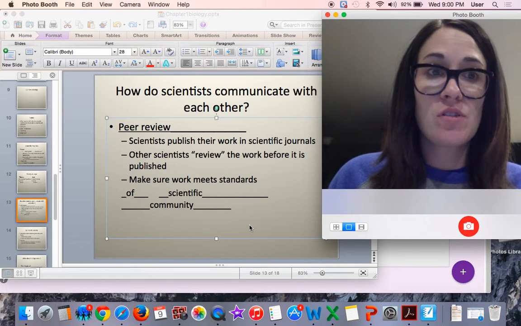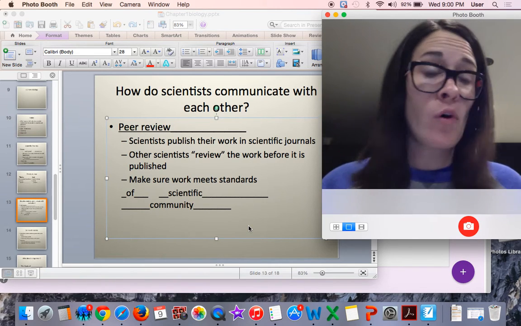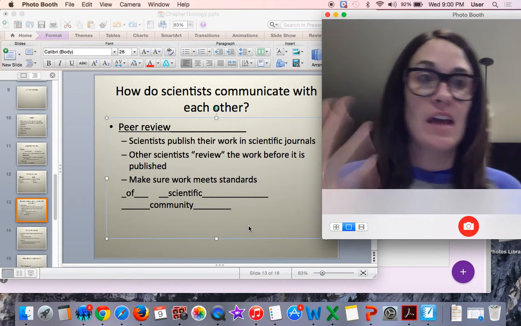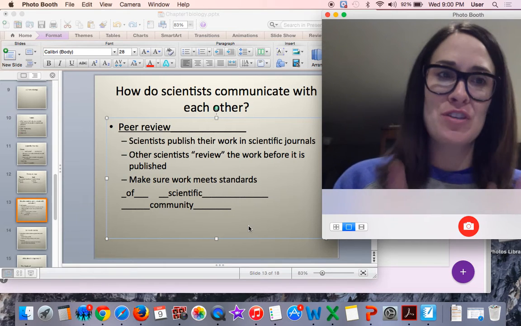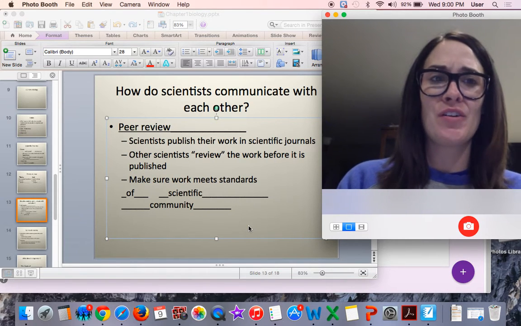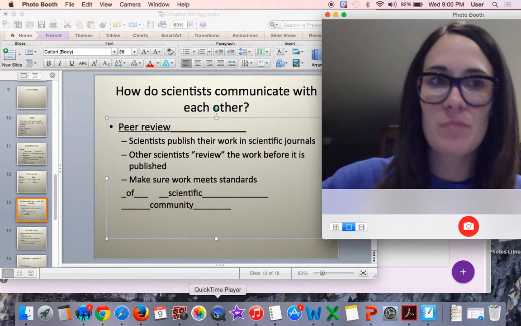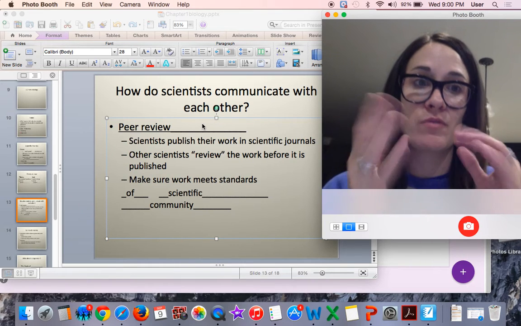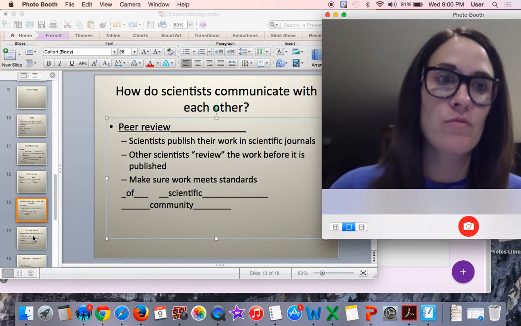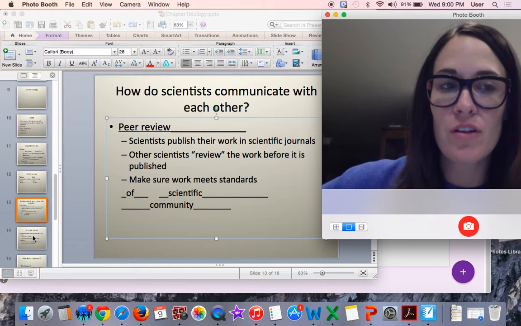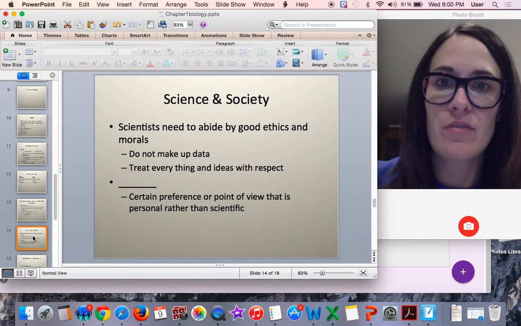So a scientist doesn't just make up a whole bunch of data and say, look what I found, I found the cure to ALS, and publish an article. They can't do that and publish bad science. Essentially, that is what peer review tries to prevent, where peers, other scientists, review the work and check to make sure it's all right. So you can sort through journal articles online and click that you want them to be peer reviewed, so then you know that other scientists have approved of the work.